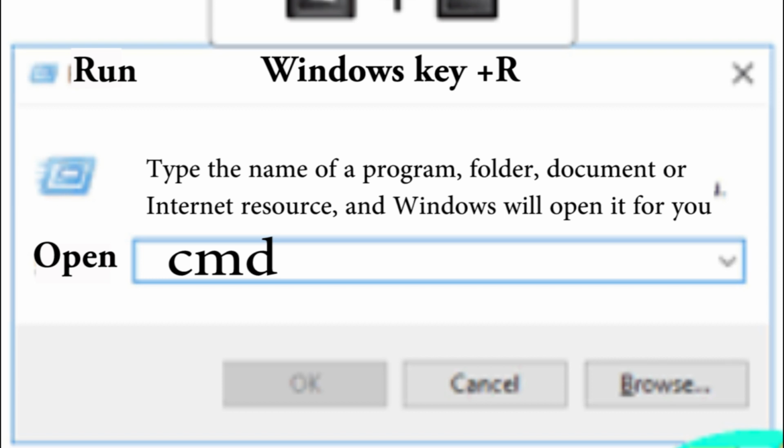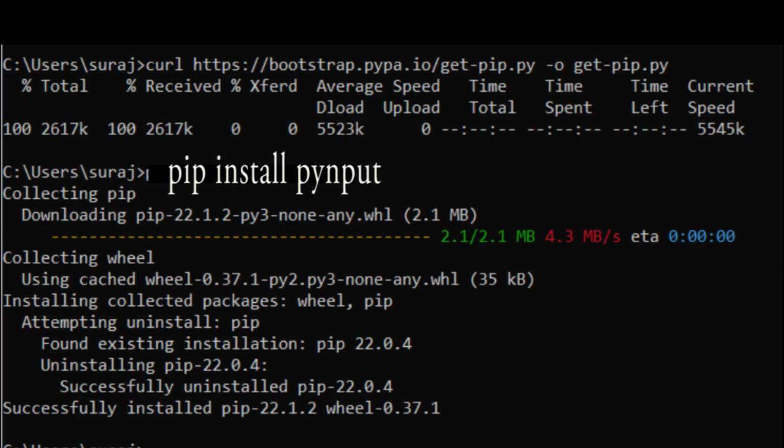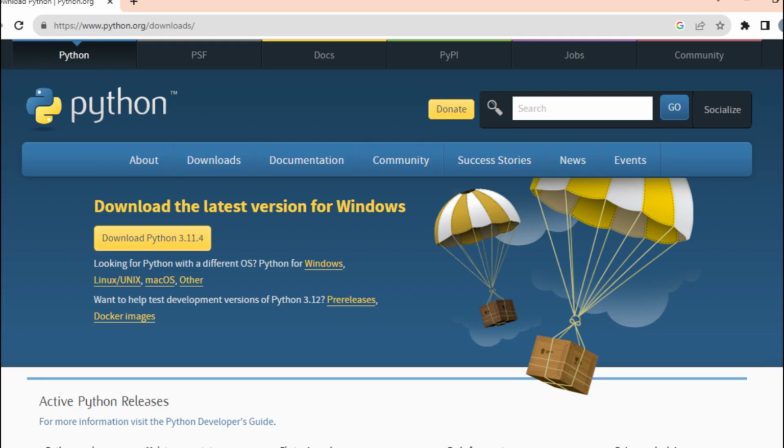Open the command prompt. You can do this by pressing Windows key plus letter R and typing cmd in the run box. Type pip install pynput and watch the magic happen. Pynput should now install. You can confirm it installed successfully by importing it in Python. Remember, if you do not have Python installed on your PC, do so now by visiting